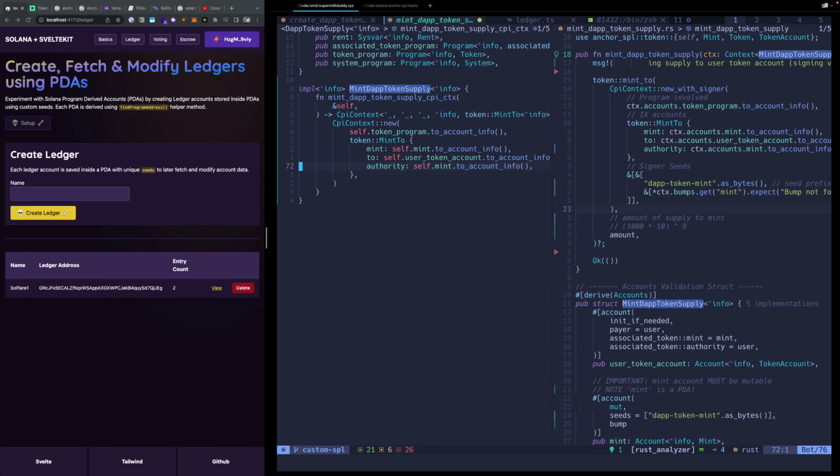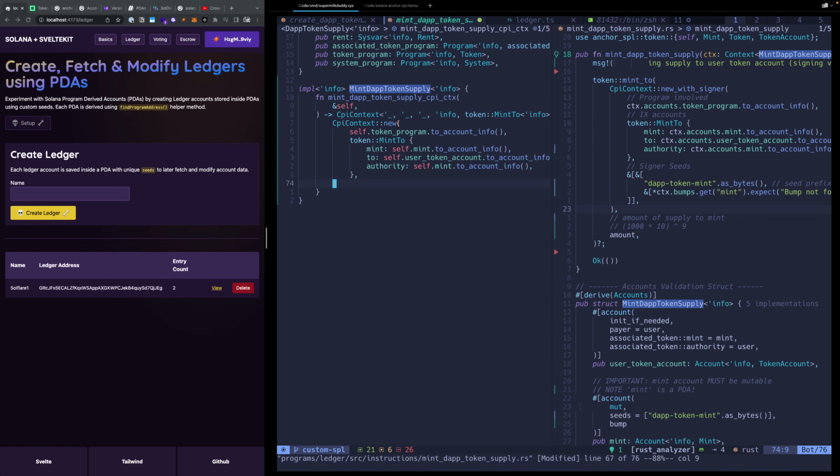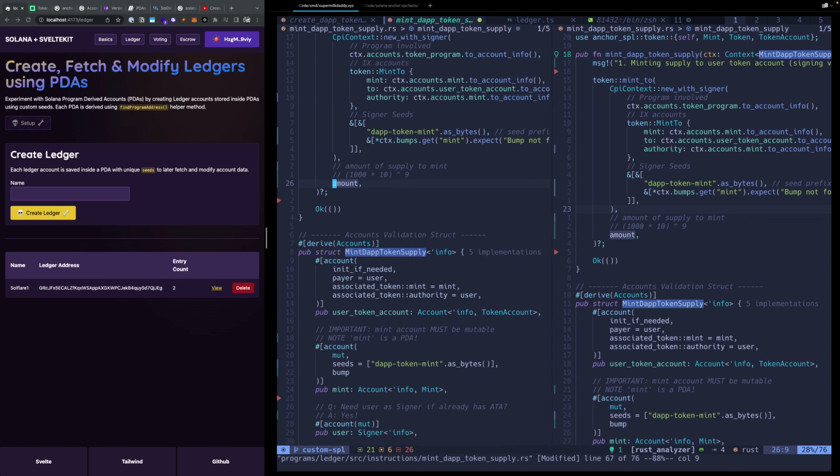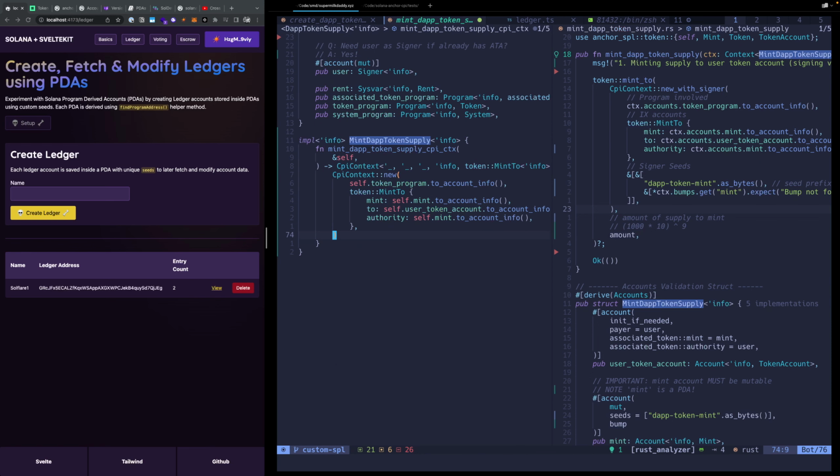After formatting, this is what you get. Now, this is just the context. I think this only works when you're doing non-argument context. So it's not new with signer, it's just new. It's just a standard CPI context. That said, if I wanted to, with this up top in my function, I'll keep this in the center,